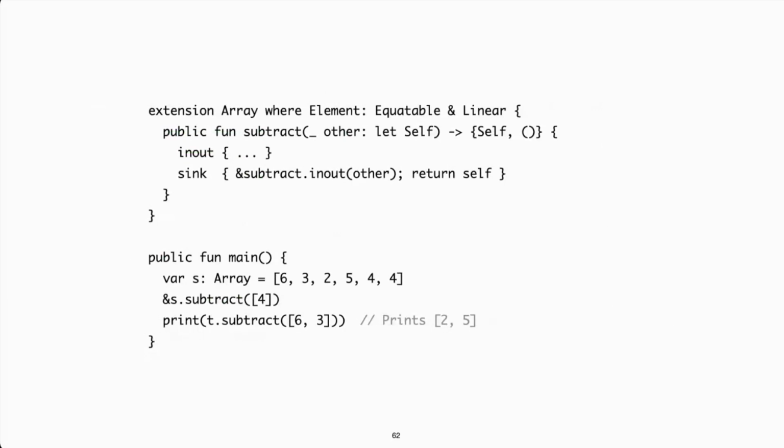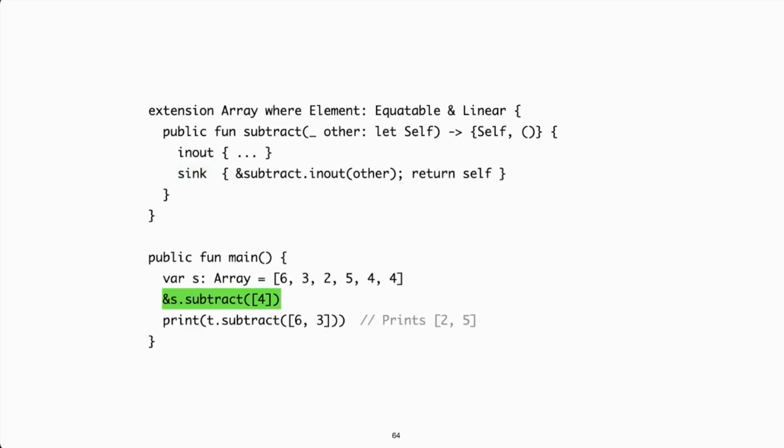So the correspondence between functional and in-place updates is very real, and in Val it can be captured in a feature we call method bundles. In this example, subtract has been redefined as a member function in an extension of array, and it's defining two variants. The in-out variant corresponds to the implementation of the version taking the first parameter in-out, which I won't repeat here for conciseness, but it's exactly the implementation we saw one slide before. And the sink variant corresponds to the second version. But as we can see, we can implement it in terms of the former thanks to this nice property that I explained already.